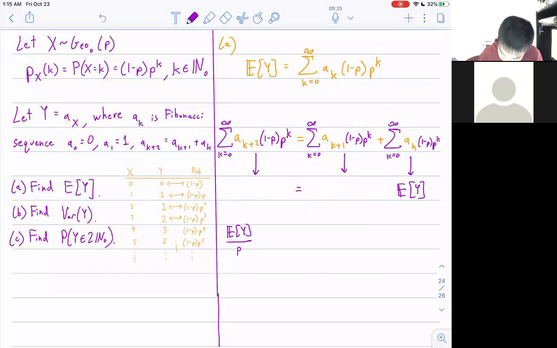Let's see what happens. So the expected value of y divided by p would then be the summation of k equals 0 to infinity of a_k times (1 minus p) times p^(k-1), okay? Because we've divided by p. So we've reduced this p^k to p^(k-1). Now, when we reindex this,